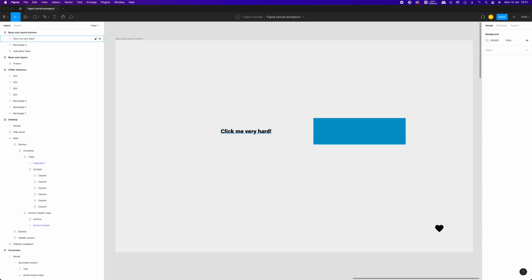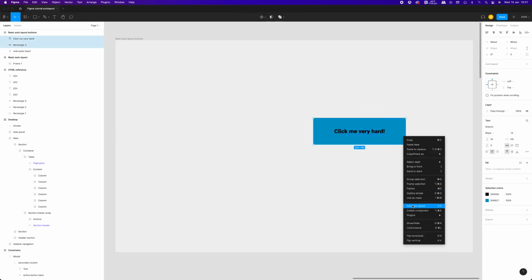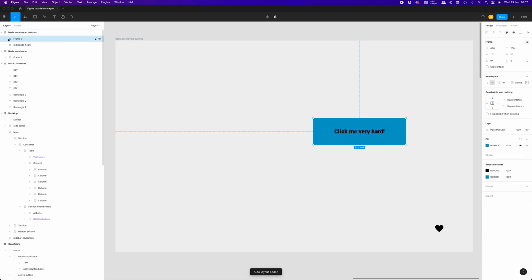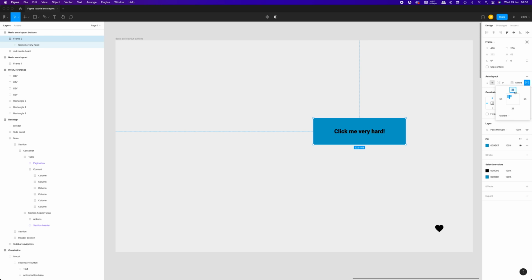Let's position the text layer over the shape and then create an auto layout. As you can see, our shape layer disappeared and its properties were inherited by the newly created auto layout. If we would like to resize our button now, it doesn't really work. It also doesn't adjust to the text inside. In order to create a responsive layout, we need to do some adjustments to constraints and paddings.